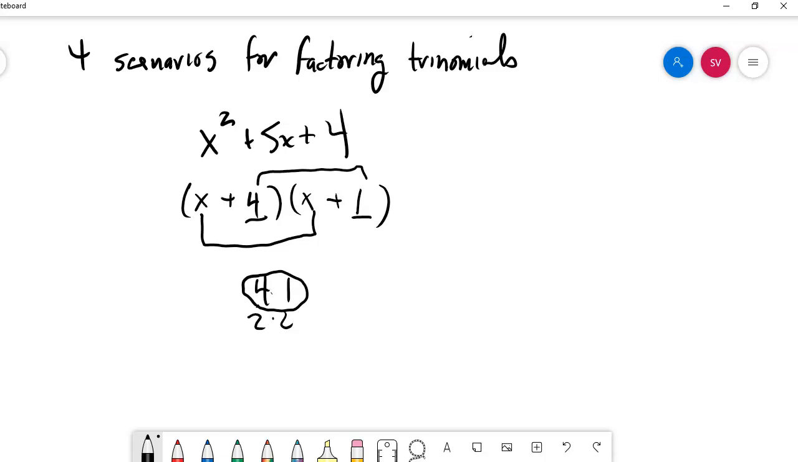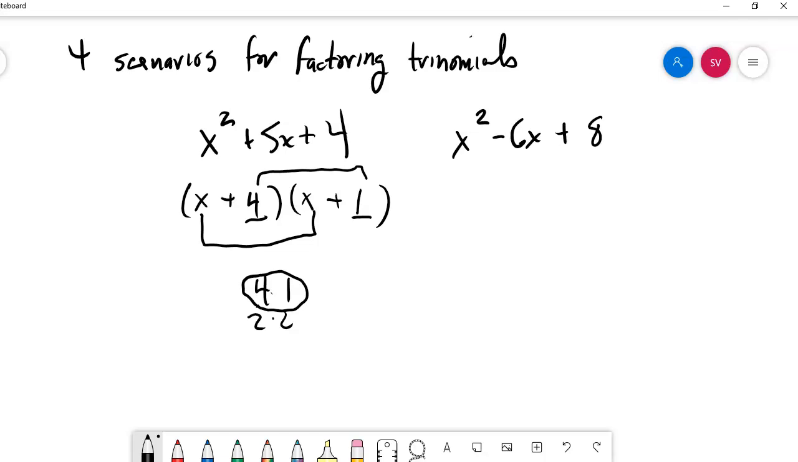Let's take a look at scenario 2, which is a sibling, I would say, to this type of problem. So I have x squared minus 6x plus 8. Now on a side note, there may be times where you have to utilize a couple different methods